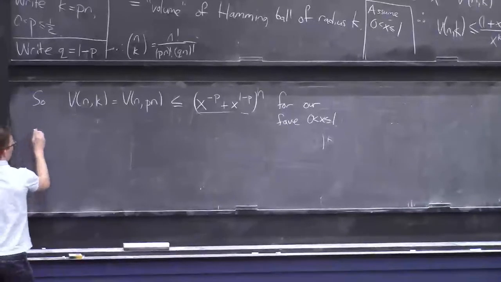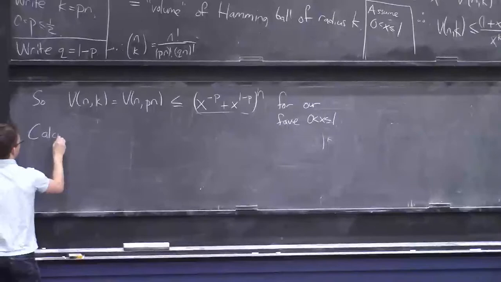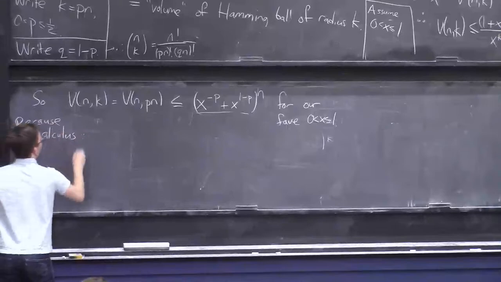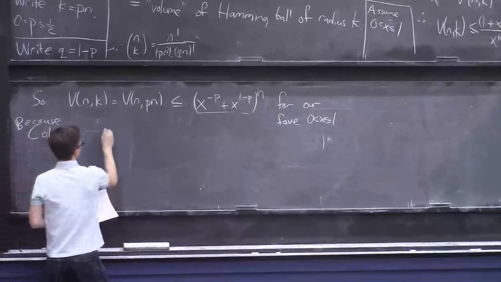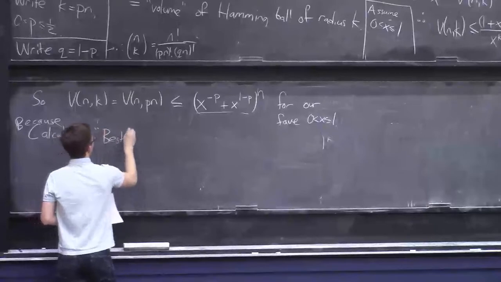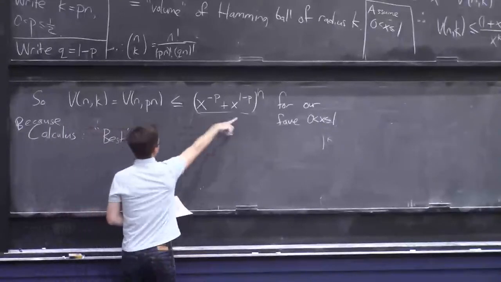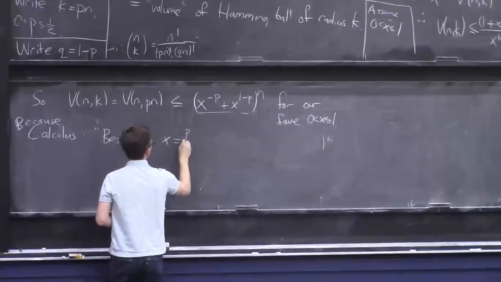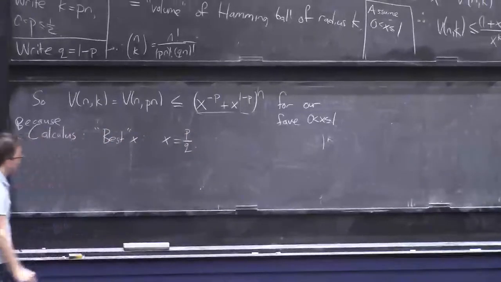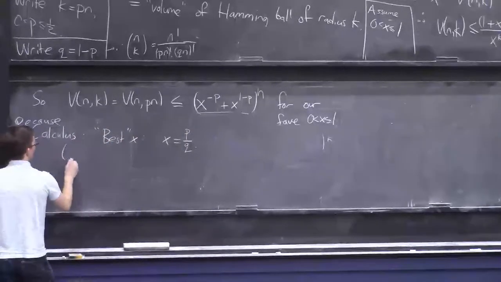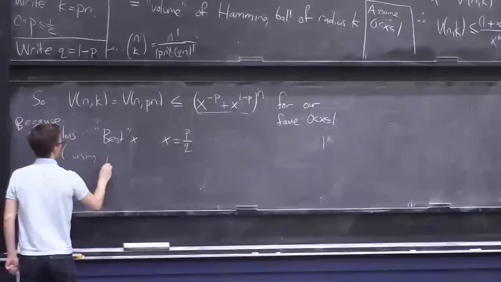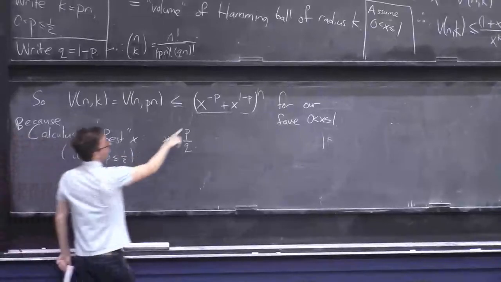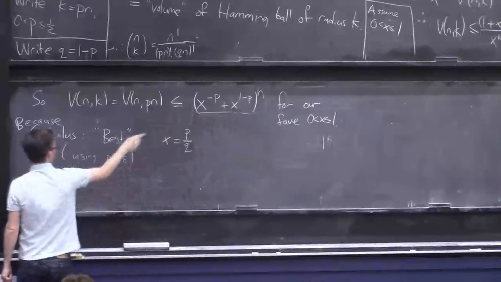OK, so I'm going to omit it, but because calculus, we have the best x, i.e. the one which minimizes this expression, miraculously, is x equals p over q. Actually, this is only true if p is at most a half. But we're assuming that. So in general, like if p is like 0.1 or something, this expression here happens to look like